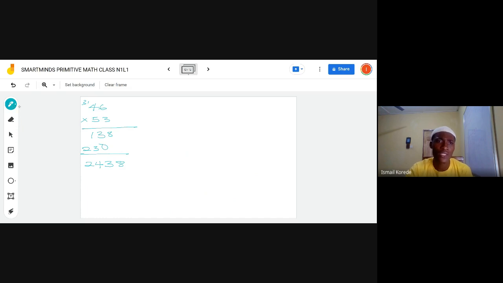So let's see how we can use the decomposing method for this. It's very simple. Just break 46 into 40 plus 6. Then 53, we have 50 plus 3. In this case, you're going to use 50 to multiply